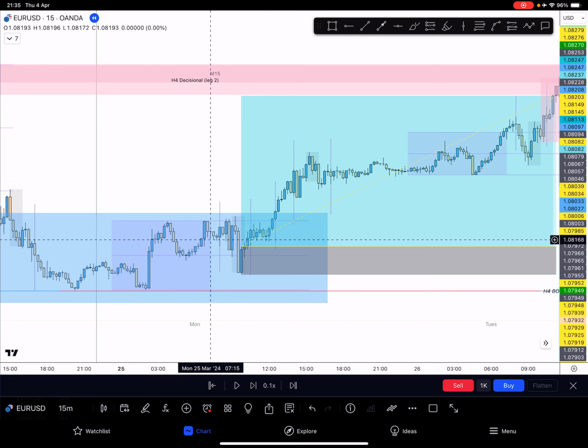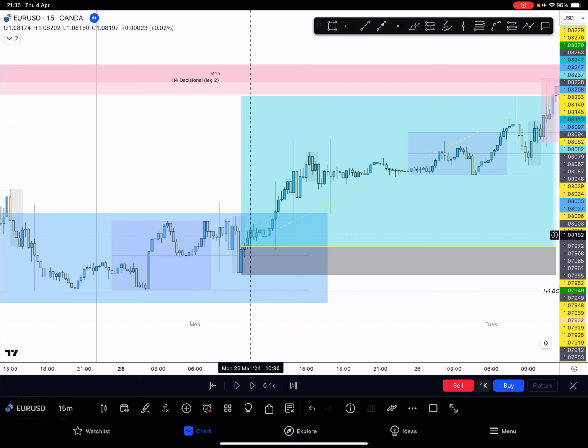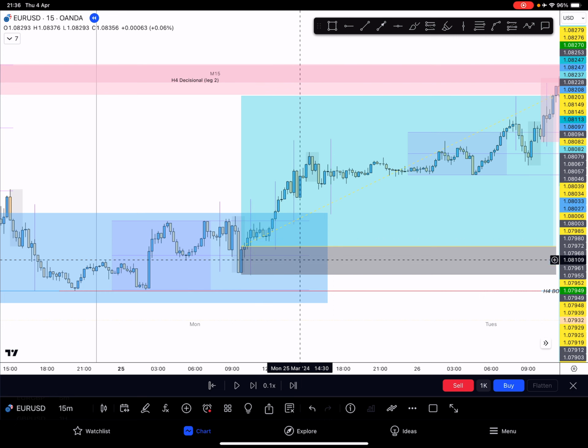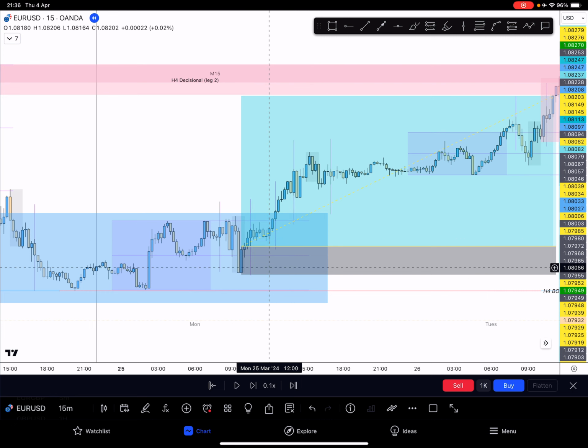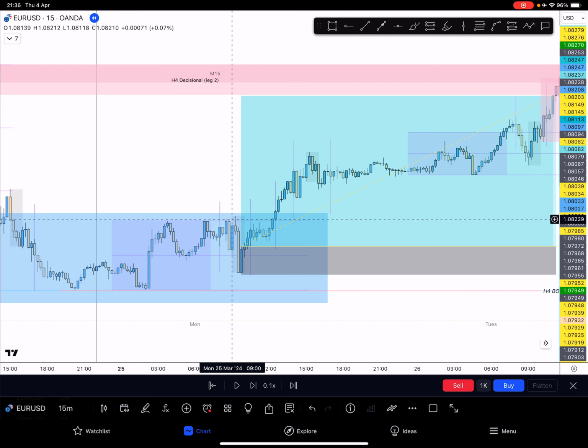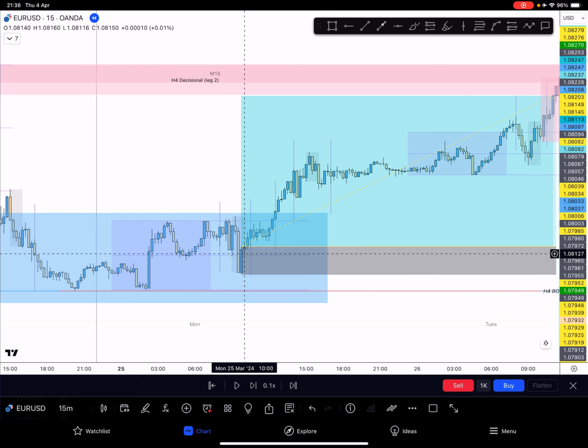But the problem is, if you're trying to do that, you're ignoring everything that the market is showing you from the higher time frame. That's why the higher time frame is so important. So with this happening, we know that this is a trap, so we took a trade from the Asian midline.